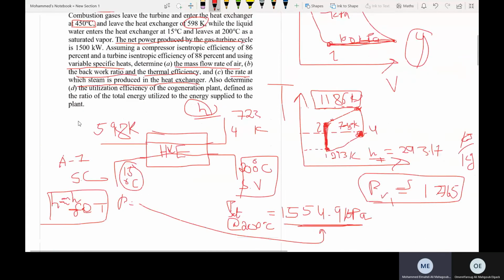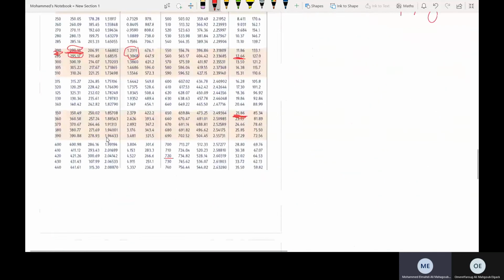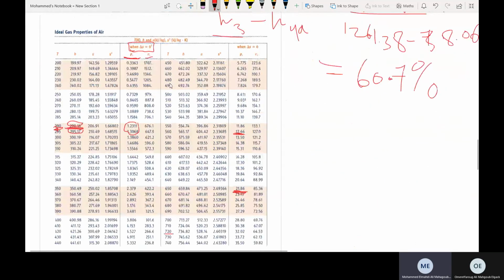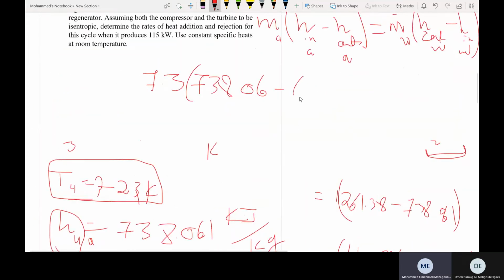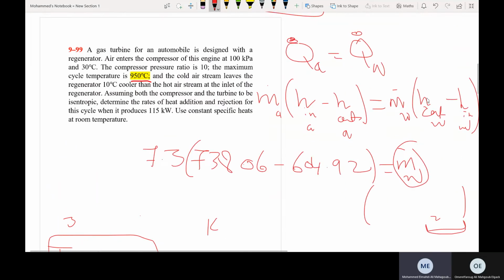For h out, we are going to use this temperature, 598 kelvins. So go to 598 kelvins again. Okay, I'm doing this just to make you used to the tables. So where is 598? Okay, 598 is going to be somewhere between here, actually very close to 600. So we're going to get a very close enthalpy value to this. What's the enthalpy value? It's going to be 604.92 if you do the interpolation. 604.92 equals m dot of water, which I don't know, and then open the brackets. This h we are going to get